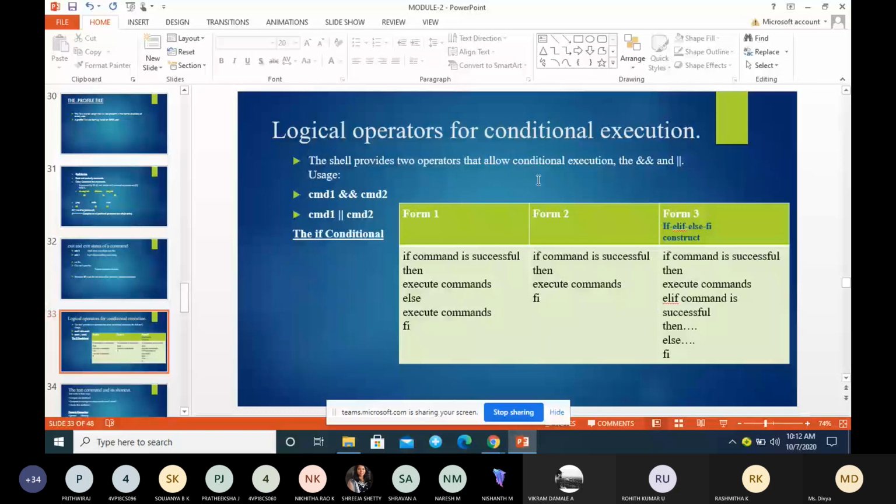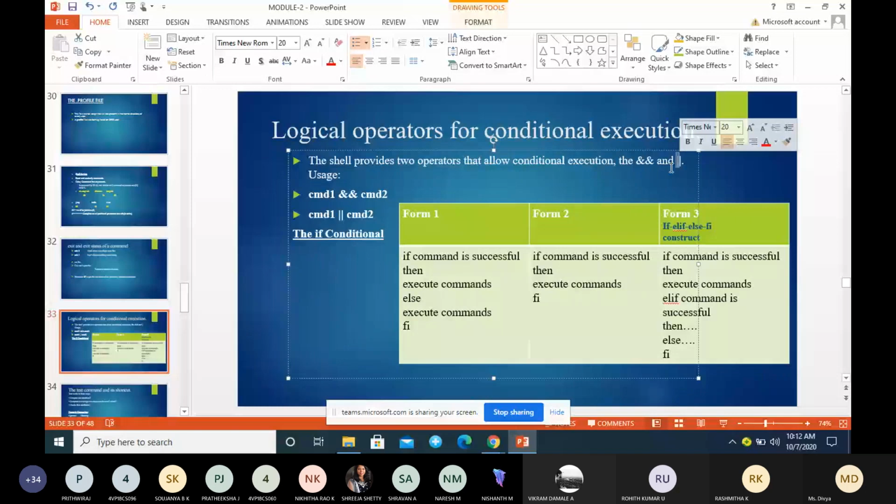These logical operators are used for conditional execution. AND is represented using 2 ampersands, and this is for OR. I have an example here, command 1 and command 2.